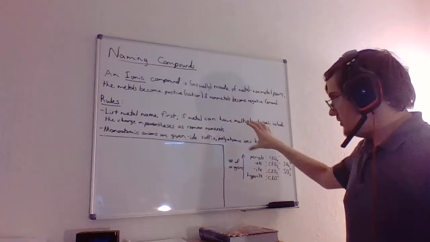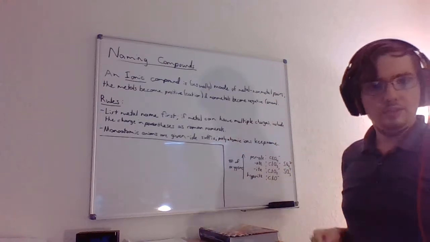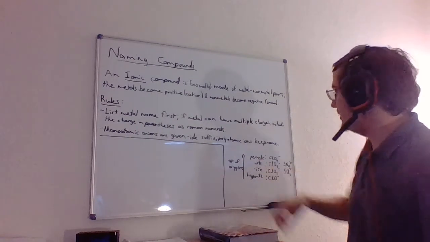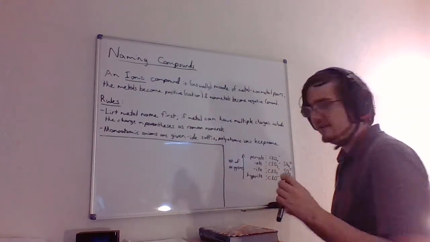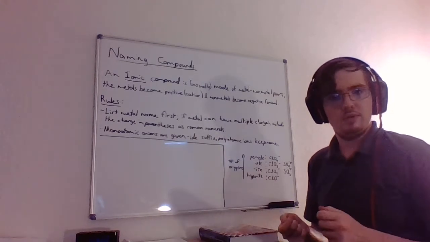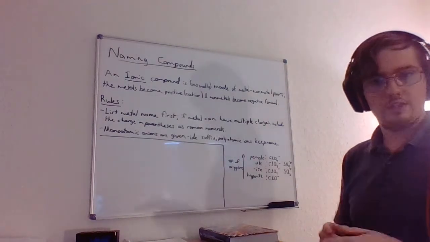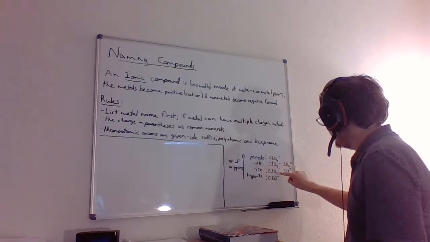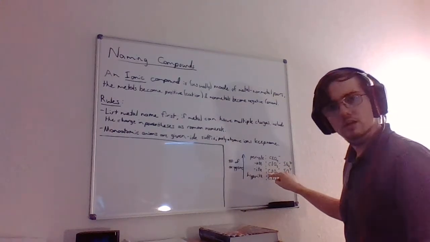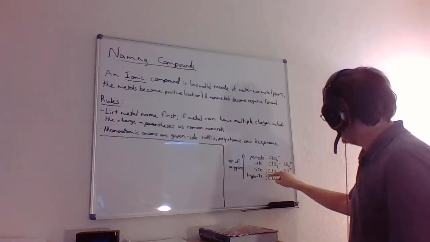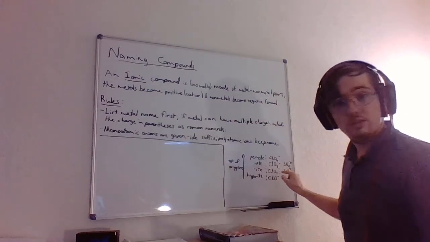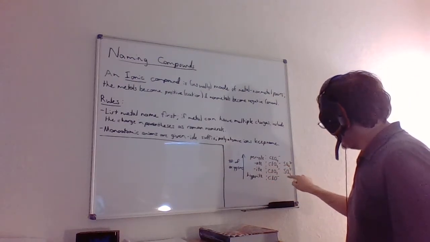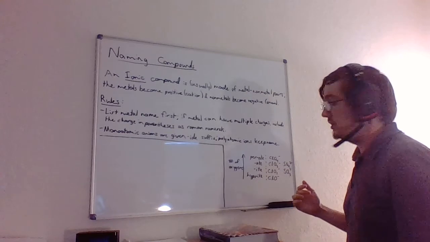Now, that's the gist of the rules. This alone would get you through pretty much all of the problems regarding ionic compounds, but there is something that, if you haven't memorized them all yet, will help you remember the polyatomic ions with oxygens in them. So for example, like this and that and that, you see that you have something that would normally be a negative ion, and it has oxygen next to it. So this is all one big ion. And so is that, and so are these. So there's a pattern to the ones with oxygens in them.